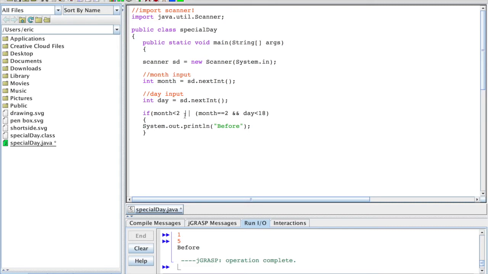Now, if this isn't true for whatever we input, we're going to write an else if statement. Else if month is greater than 2. So this means if it's March to December, 3 to 12, we know that our biggest number can only be 12 in terms of month. Else if our month is after February, greater than 2, so 3 to 12, or our month is equal to 2, and our day is greater than 18,